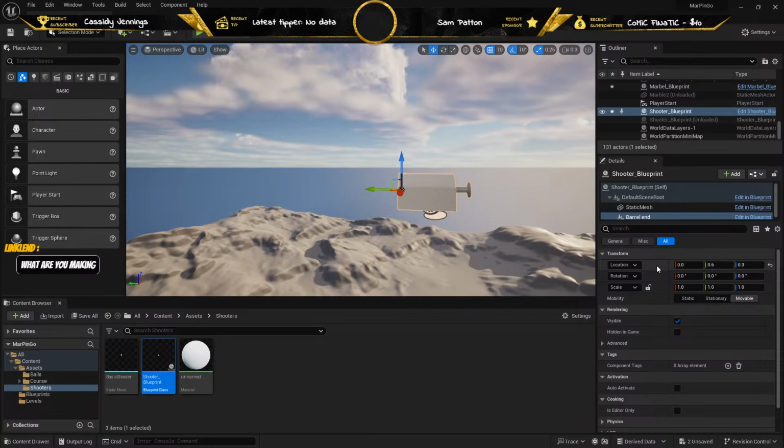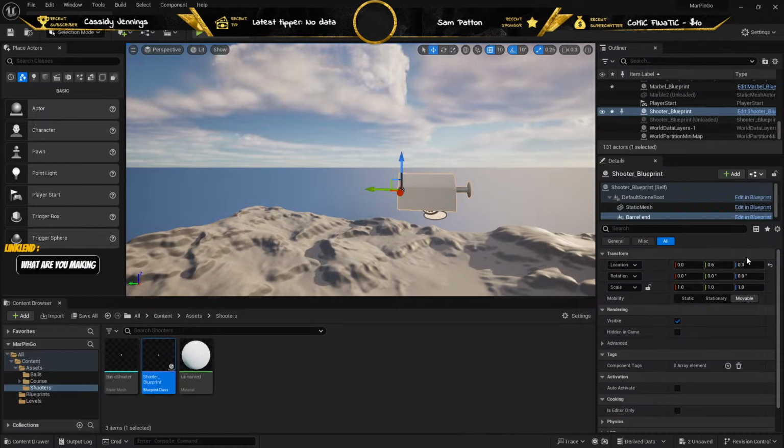Okay, so our position values are 0.6 for Y and point